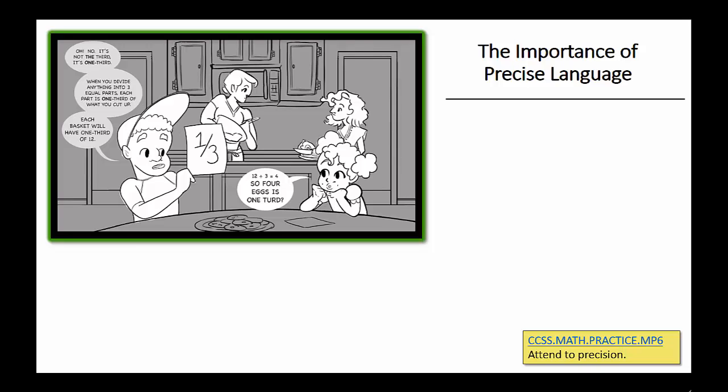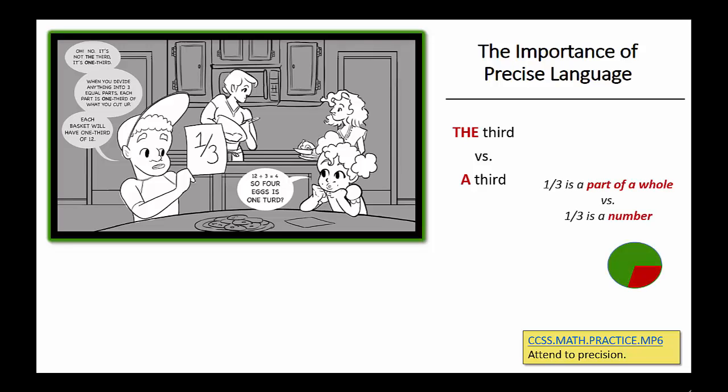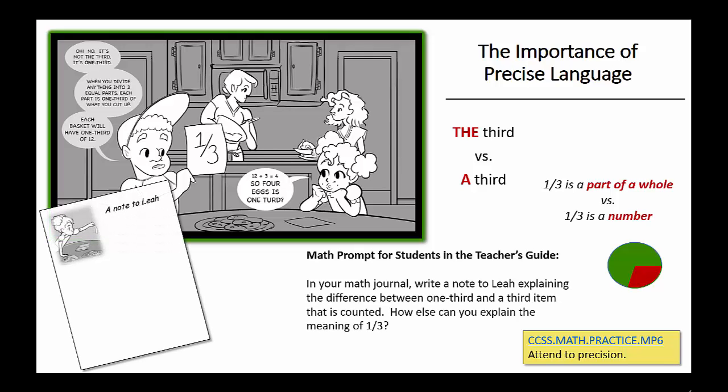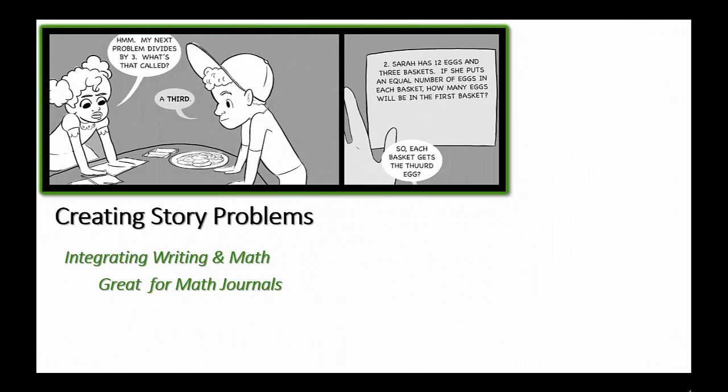As the Common Core standards state, mathematically proficient students try to use clear definitions in discussions with others and in their own reasoning. By asking children to write about mathematics in Newton's Nemesis, they have the opportunity to reflect on how important the or a can be. After all, there's a difference between receiving a third of a gallon of ice cream or getting the third scoop of ice cream. As students write about math, they become more precise in their language and understand the nuances of mathematical language. You can download note cards on my website to help you integrate writing into your math lessons with Newton's Nemesis,